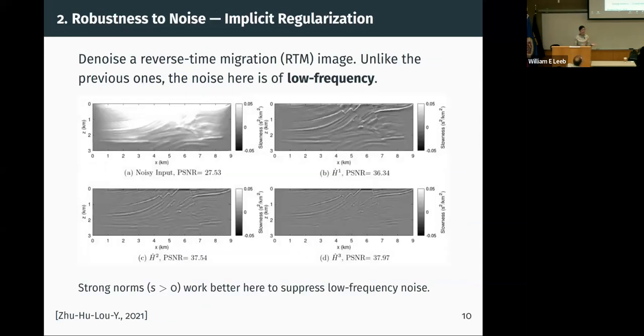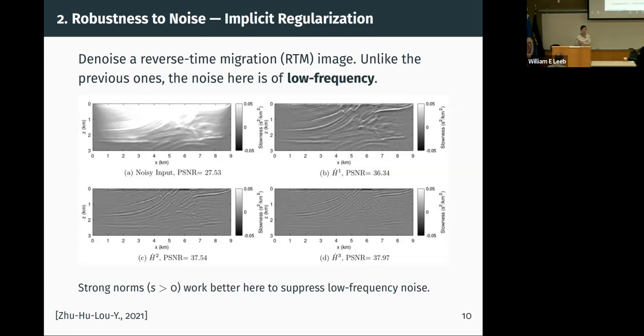And earlier I have been talking about strong, higher frequency noise and a weaker norm, but vice versa it also holds true. Let's say you have low frequency noise. It's not very common, but in some applications you can indeed find it. You have a low frequency noise, and this framework is also a denoising procedure. I want to remove this artificial illumination coming from some imaging procedure. And in order to remove the lower frequency noise, you can see that it's actually the stronger norm that will do better,